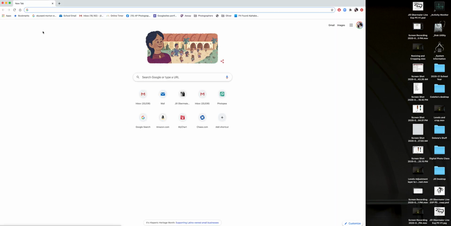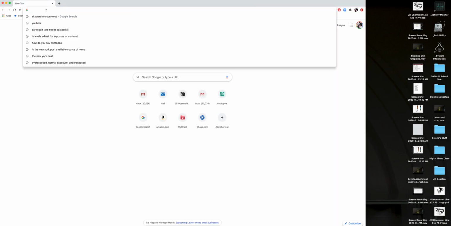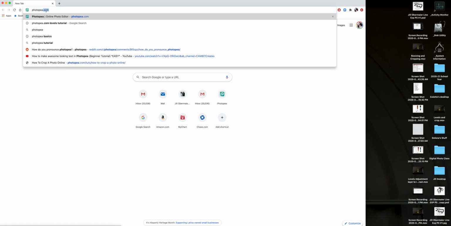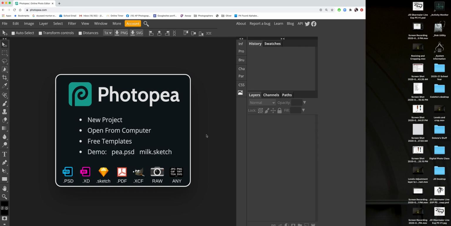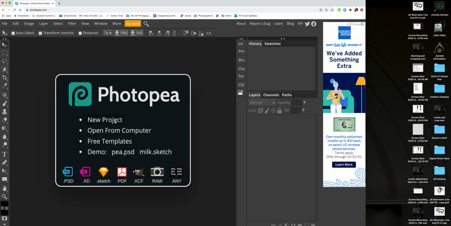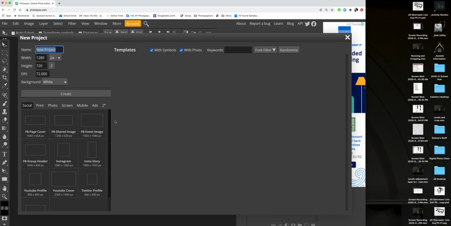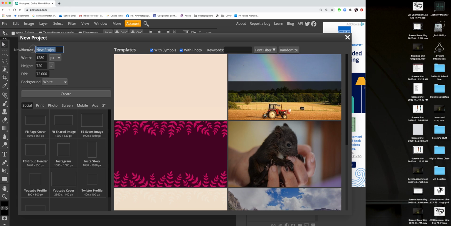So we're going to go to photop.com. All right, next we are going to start a new project because we are starting a new blank document and we're going to drag the photos in just like we did on our artist trading card project. Okay, we're going to call the project by your first name, last name, the abbreviation for the project, which is